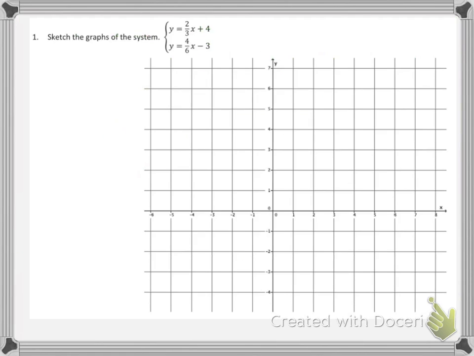Let's get started. All right, we're going to sketch the graphs of the system. So we have two linear equations, both in slope-intercept form, so I'm going to use that to my advantage. I know that the first line is going to cross the y-axis at positive 4, and that the slope is up 2, right 3. So here are my 2 points, and then I can draw a line that represents that linear